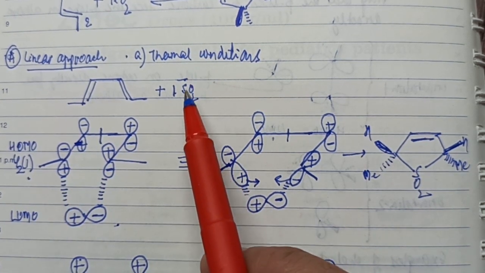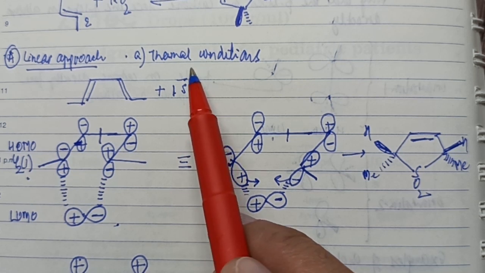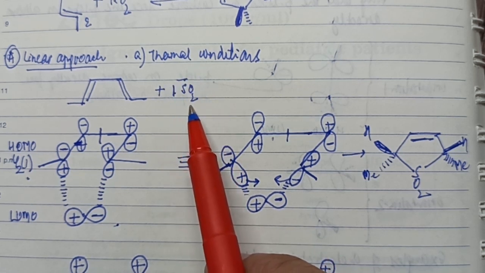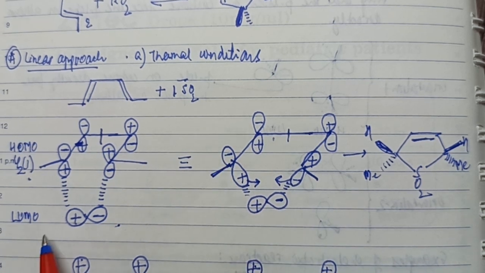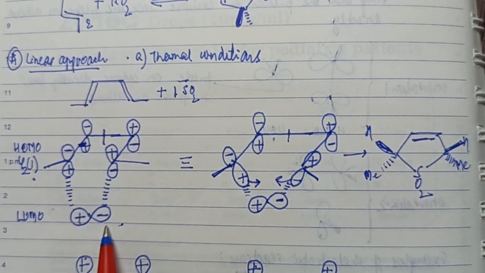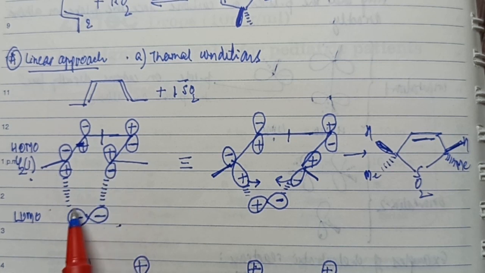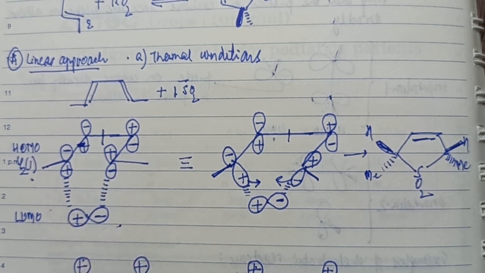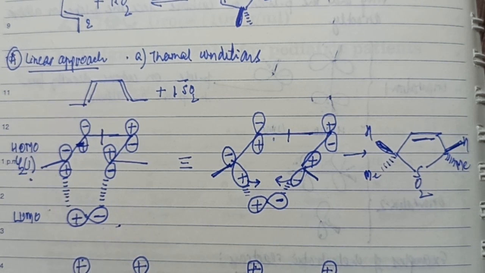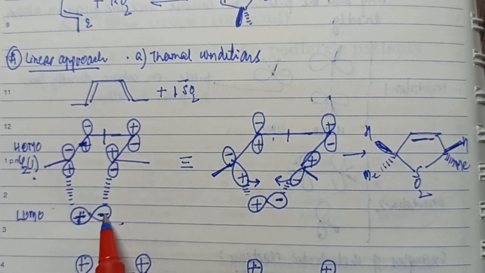Now we know from our explanation that if we have to draw the LUMO of a carbene or sulfur dioxide, or any second reactant of the cheletropic reaction, then in the case of a linear approach, the LUMO never faces the p lobes of the diene. Therefore, the LUMO is drawn in this fashion. I purposely keep this as plus because I have to show a bonding interaction here. This would of course be minus.